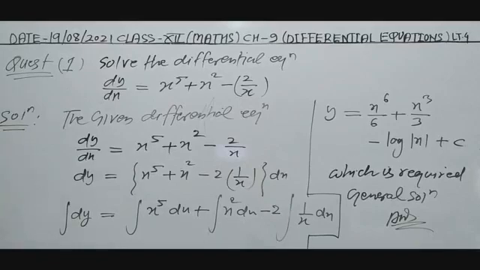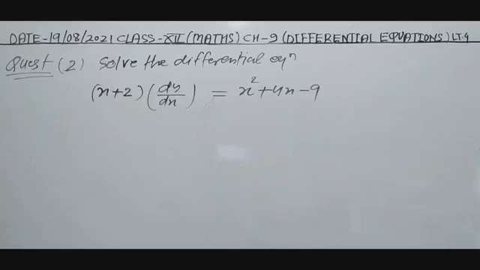Now come to the next question. The next question is question number 2. Solve the differential equation, and the given equation is (x + 2) dy/dx = x² + 4x − 9. So solution,